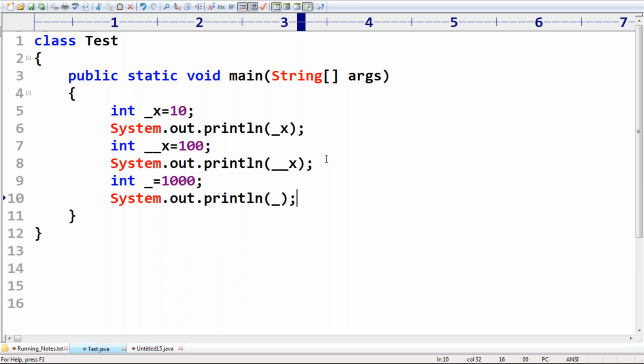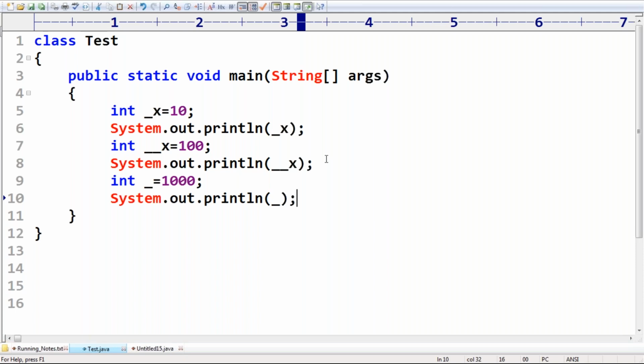Valid or invalid? Anyone? Don't try to execute.